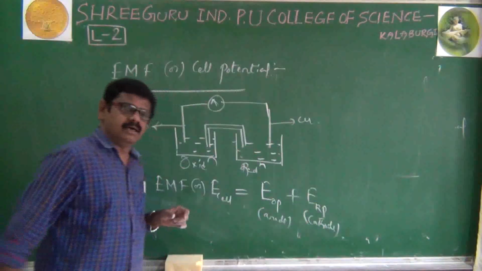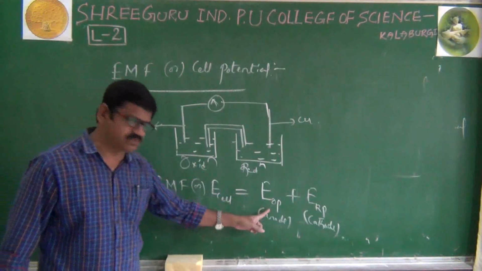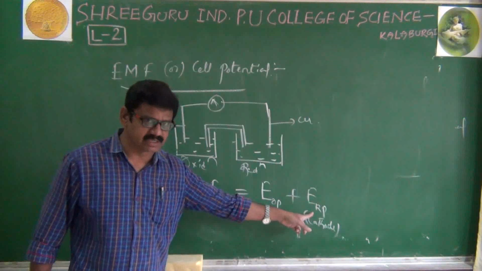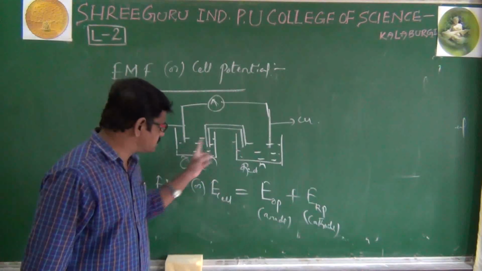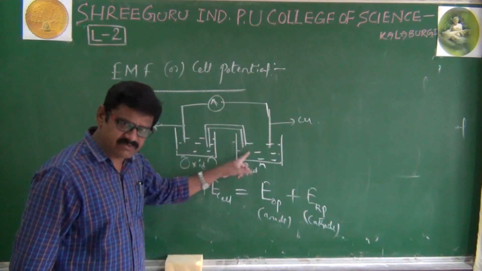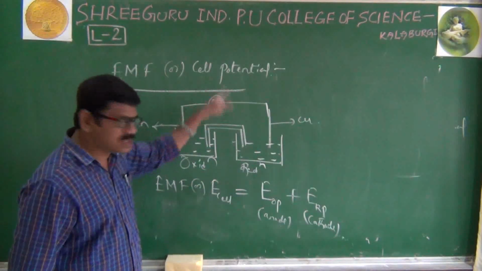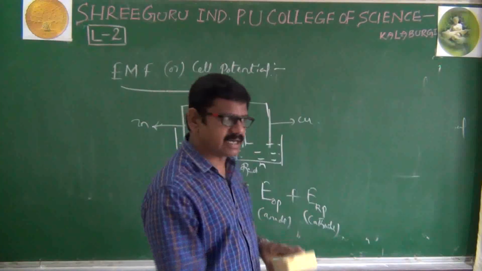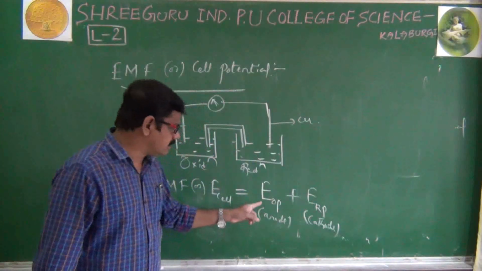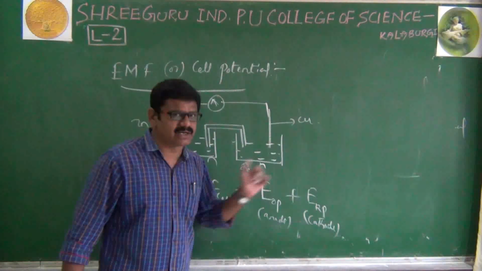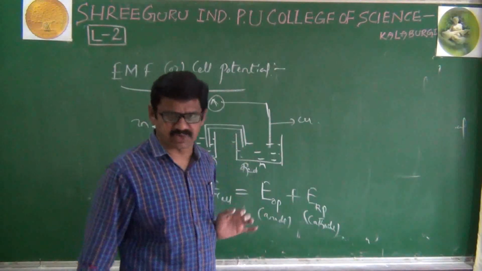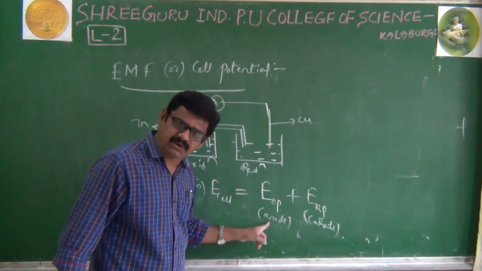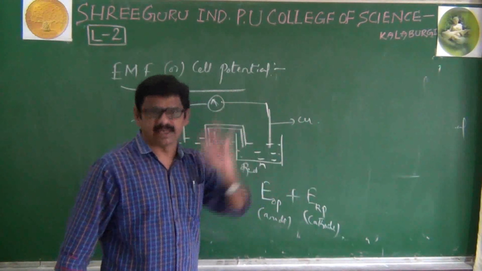Once again, on the left side I have used the oxidation potential, and on the right side I am using the reduction potential. This is very important. When we add both the oxidation potential and the reduction potential, we get the total EMF of the cell. But just now we discussed that generally oxidation potentials we are not using. Always we have to use reduction potentials only. That's why whatever oxidation potential has been generated at the anode, we will convert into reduction potential.